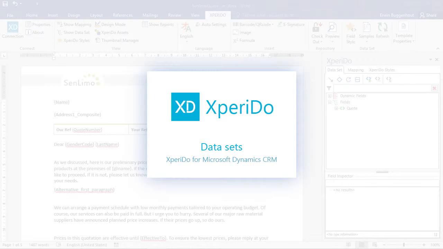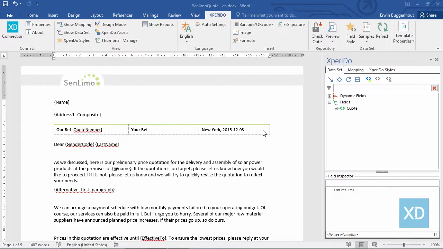This video illustrates how you build a dataset with XperiDo. A dataset is a schema definition that defines which data will be collected from a source application to be merged into a template. In other words, it's a tree that contains fields which you can map into your XperiDo document